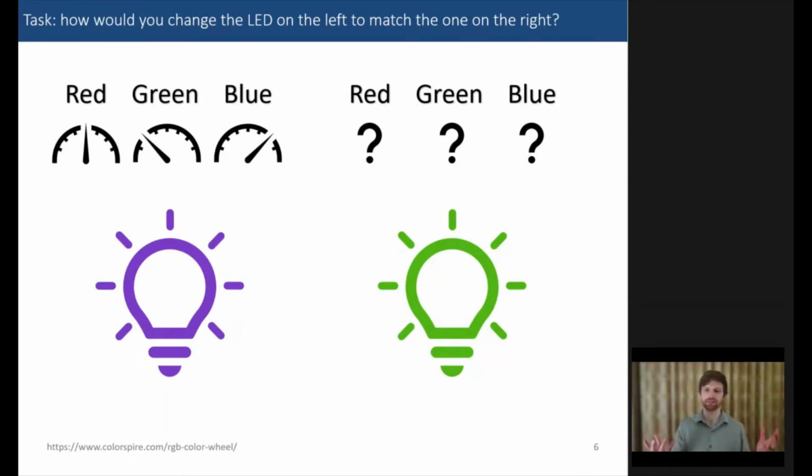So you've got these two LEDs, these red, green, blue, or RGB LEDs. And on the left, you have this sort of purplish one, and on the right, you have this kind of pukish green one. And if you wanted to change the colors on the left, the individual red, green, blue values, to match the color that our eyes see, at least, on the right, what would you do? If you had these knobs in front of you, you might just start turning them, and once you start getting something that looks a little bit green, you'd say, oh, okay, let me try to fine tune there. It's a very manual process, not necessarily reproducible,